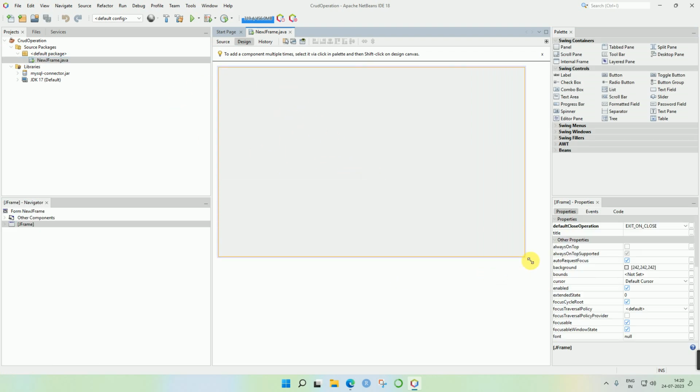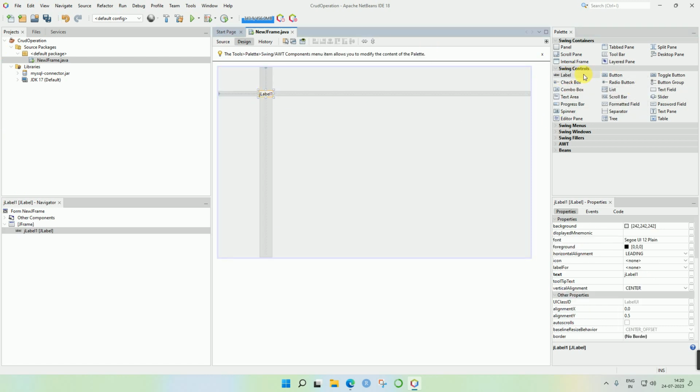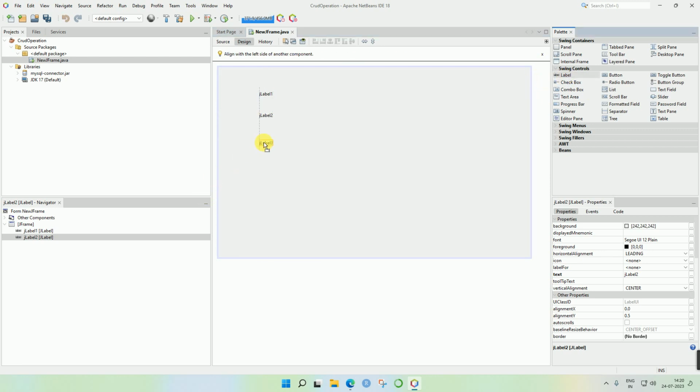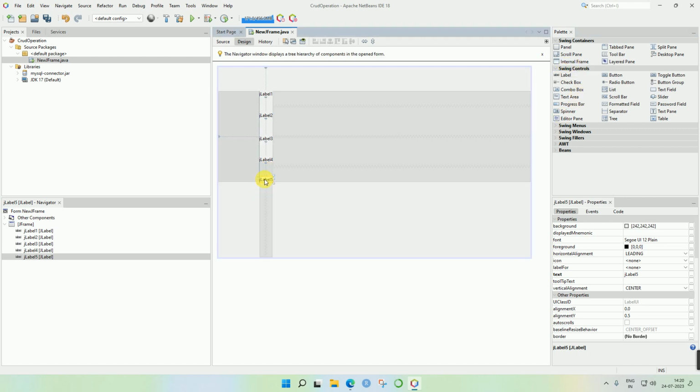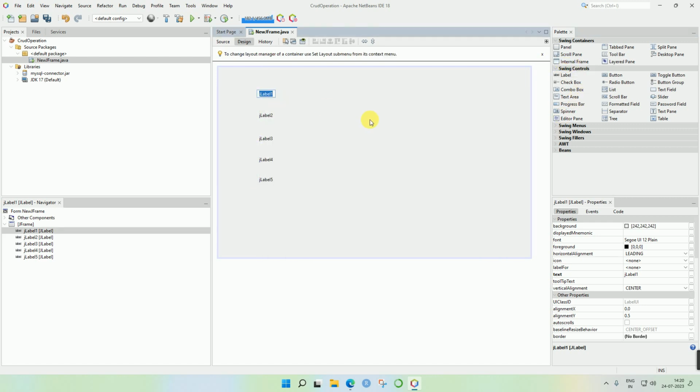So now we are adding some control components in the frame and doing some designing. Here we have 5 columns, so we are using 5 labels, and now we are giving a name to each and every label. For that, select the label, right click on it, edit text, and give the ID, enter. Then next